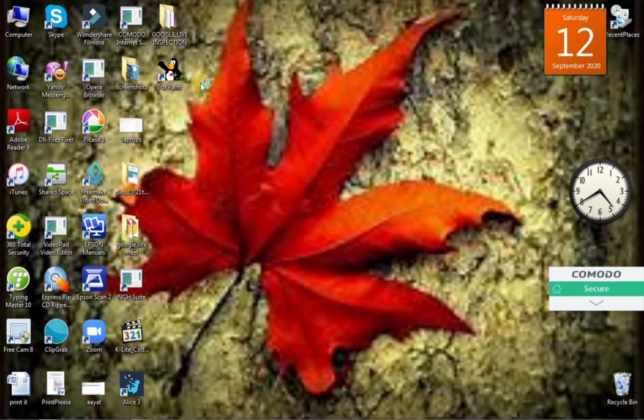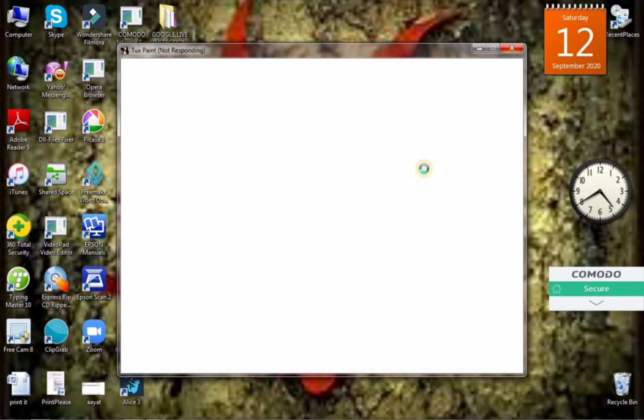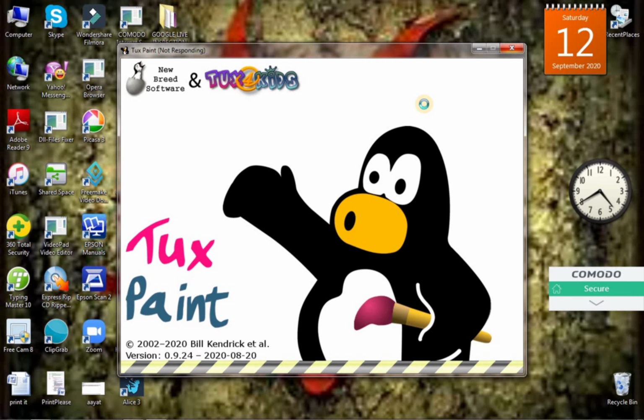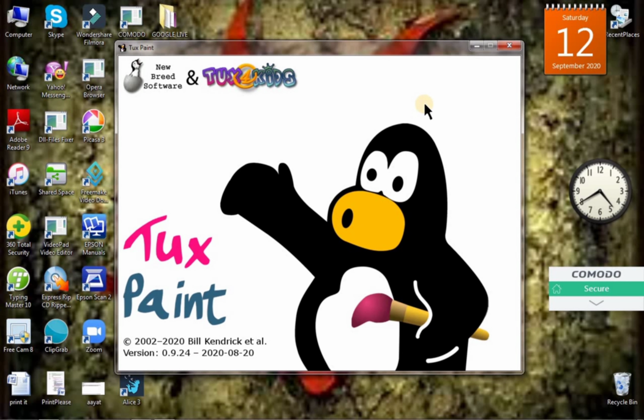When you open it, it will be just like a simple paint app. You can keep the location anywhere. I have kept D drive. It takes some time because it is showing a watch. Watch means wait, because it is loading. And you can hear a lot of music because I have kept music on.